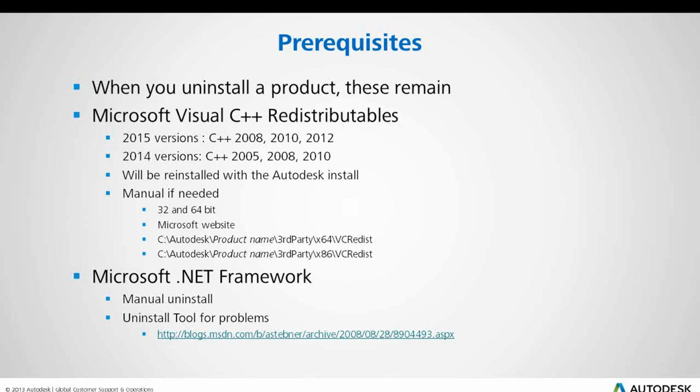time. And sometimes you have to manually do the install, like if you're doing the Autodesk install and it fails on one of the Visual C++ items, which you can see once the install fails, it'll have a link to click here to see the log file. Look through there and see what it's failing on. If it shows it's one of the Visual C++ items, you can try manually installing it either from the Microsoft